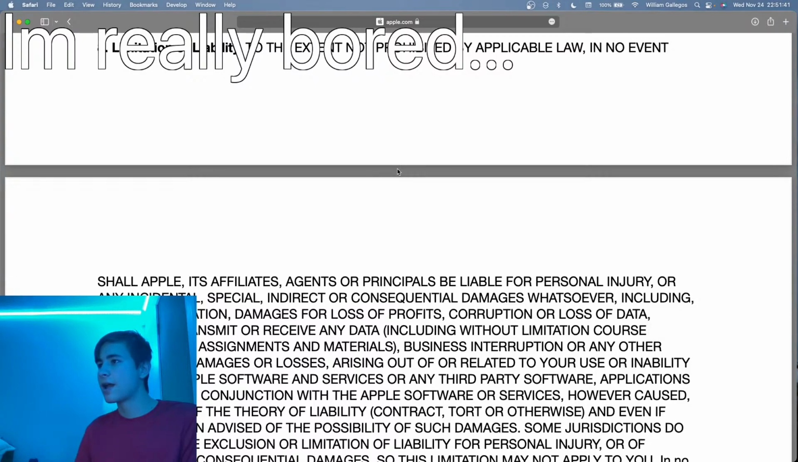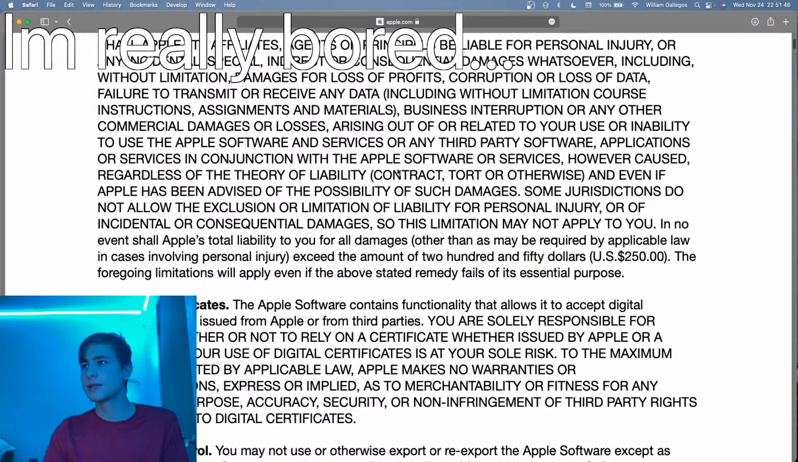To the extent not prohibited by applicable law, in no event shall Apple, its affiliates, agents, or principals be liable for personal injury or any incidental, special, indirect, or consequential damages whatsoever, including, without limitation, damages for loss of profits, corruption or loss of data, failure to transmit or receive any data, business interruption, or any other commercial damages or losses arising out of or related to your use or inability to use the Apple software and services or any third-party software applications or services in conjunction with the Apple software or services, however caused, regardless of the theory of liability, contract or otherwise, and even if Apple has been advised of the possibility of such